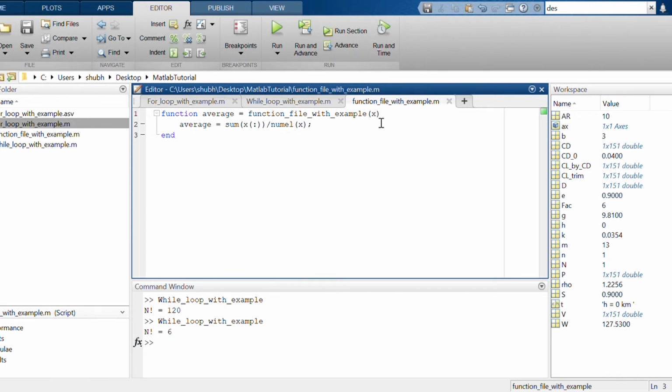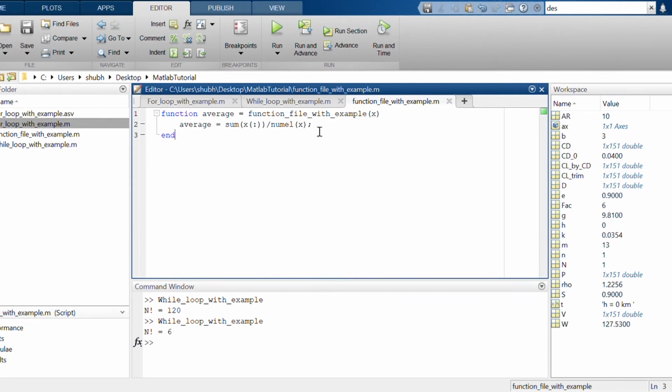Okay, we will see. So a function file starts with function, then the output, then equal, then the name of the function file. You have to be very careful here: the file name should be the same as written here. Now you will write the computation formula.